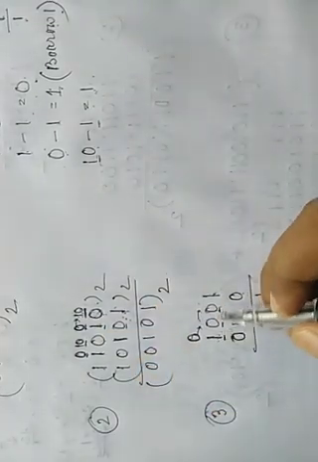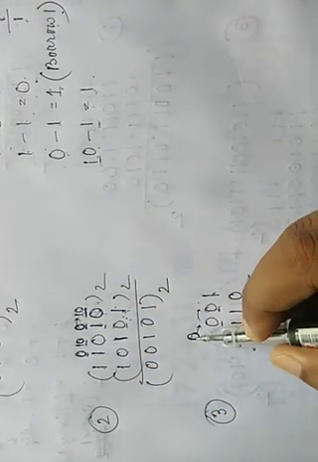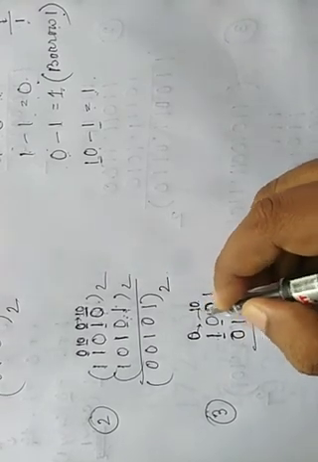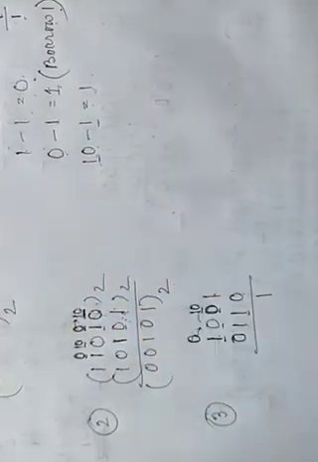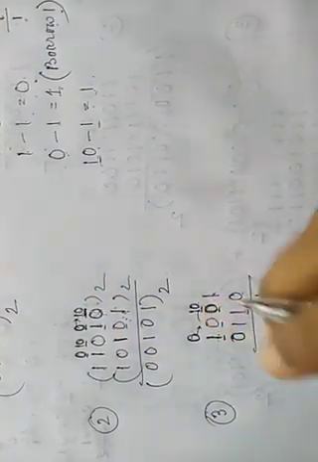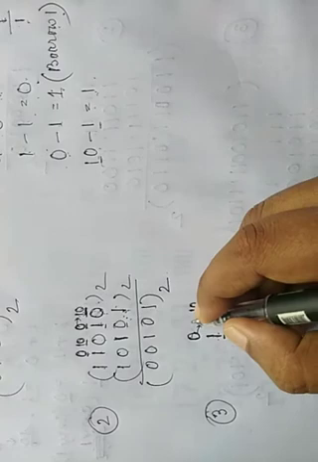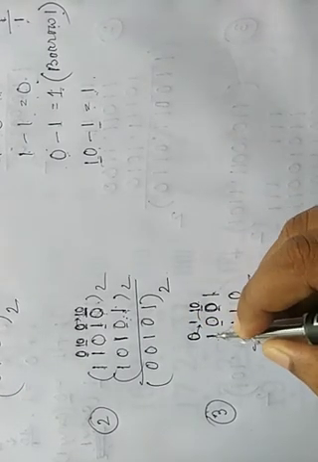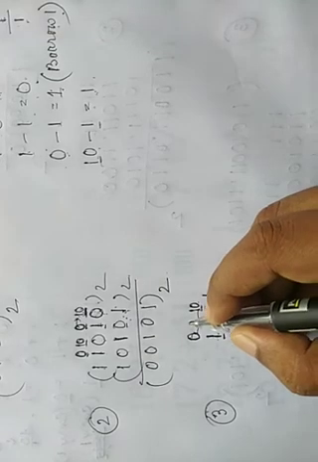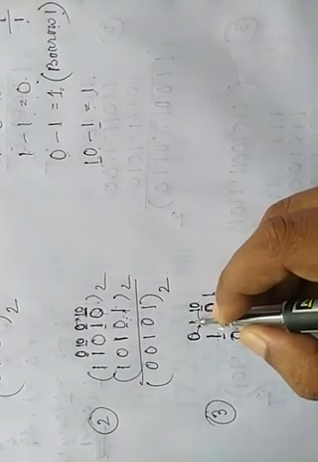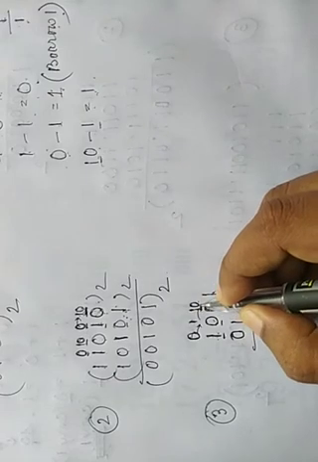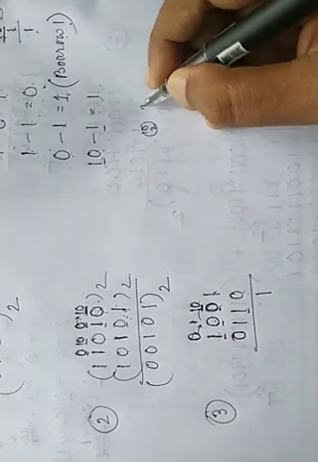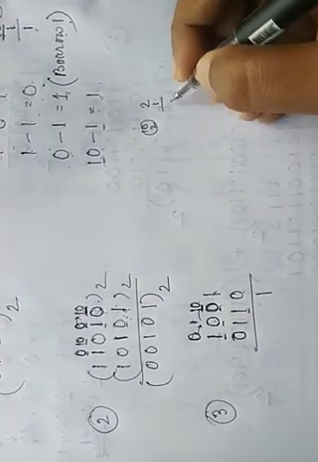Whenever 1 is taken from any digit, it becomes 0, and the 0 which takes 1 becomes 10. After taking 1, 0 becomes 10. In our middle value, it becomes 1 because 1 goes here. So 1 goes here means it becomes 10, and 10 from 1, it becomes 10. 10 means what? 2. So if we subtract 2 from... then it becomes 1.